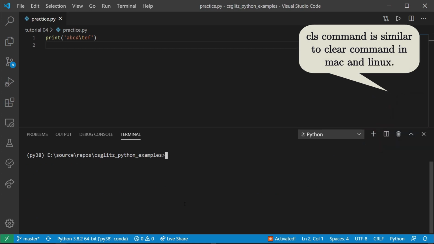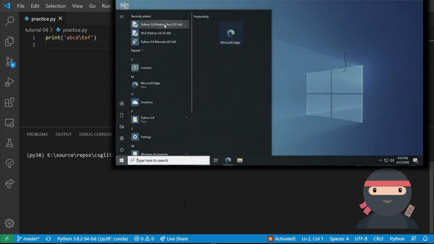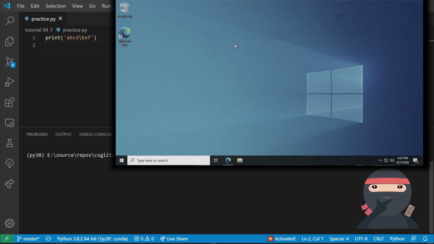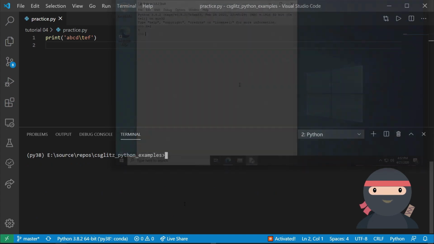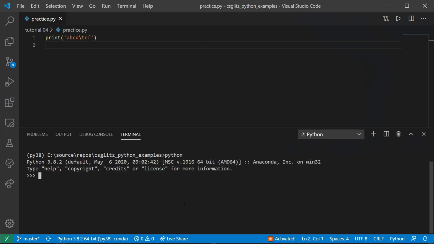Sometimes we want to write Python statements just to try them, like what we are doing right now. Instead of writing full programs, we can try them in a Python shell. We can open a Python shell by using IDLE as discussed in the installer video, or we can just type python in the terminal. When we run it, it will first show the version and give us a prompt to type. The prompt is shown by 3 symbols. Whatever we type, it will just instantly run that line. This is very good if we want to try something out without writing full code.